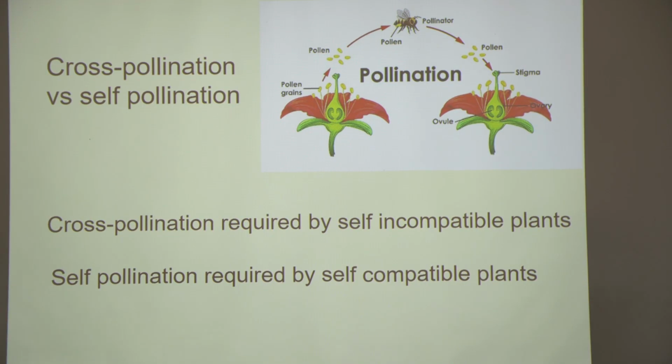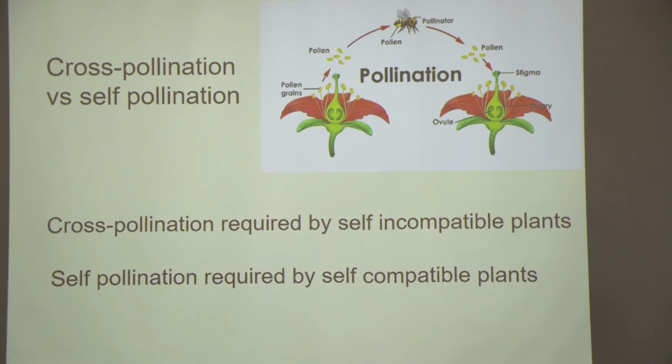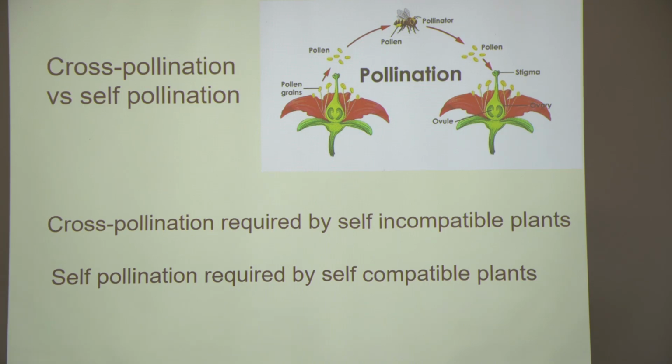So there are a few different mechanisms that stop self-pollination in these self-incompatible plants. So cross-pollination is required. Self-incompatible plants, that's where the pollen grain cannot fertilise the ovule of those plants. And often it involves a mechanism, so there's a reason why this structure here is long. It's between the stigma, where the pollen grain lands, and the ovule,